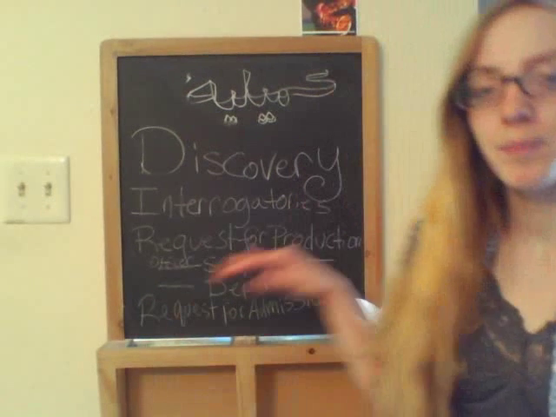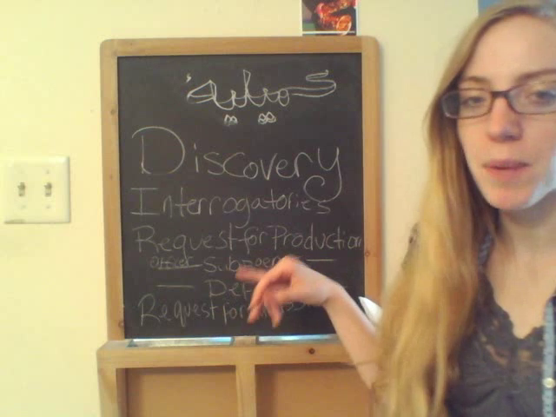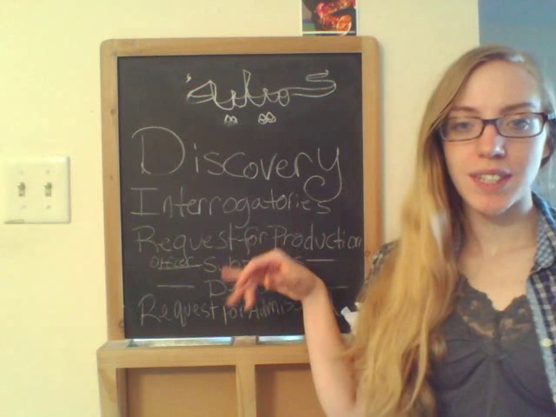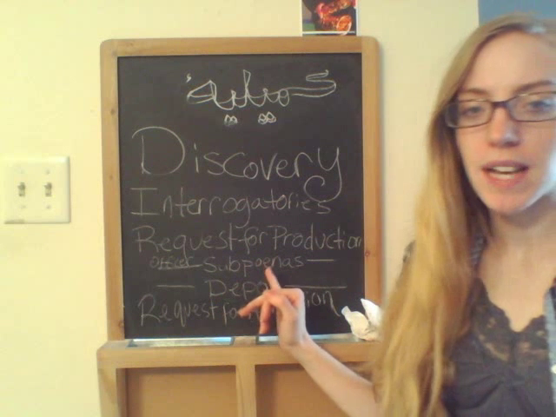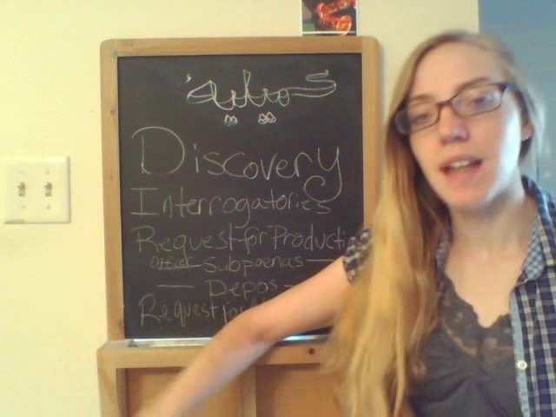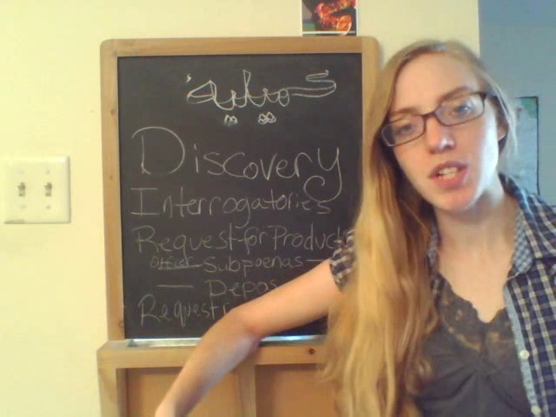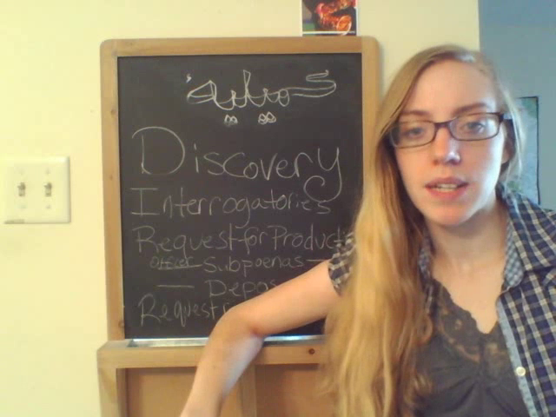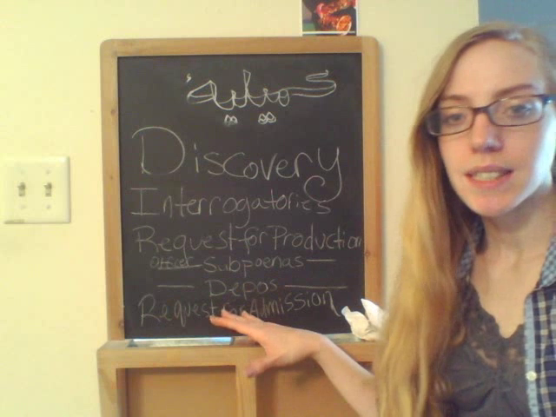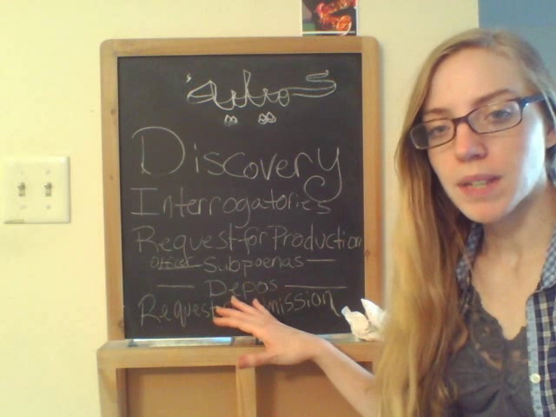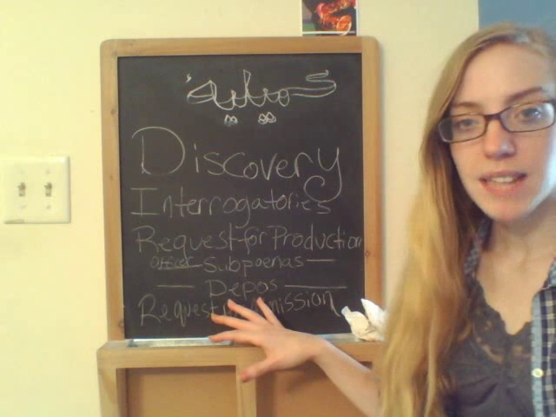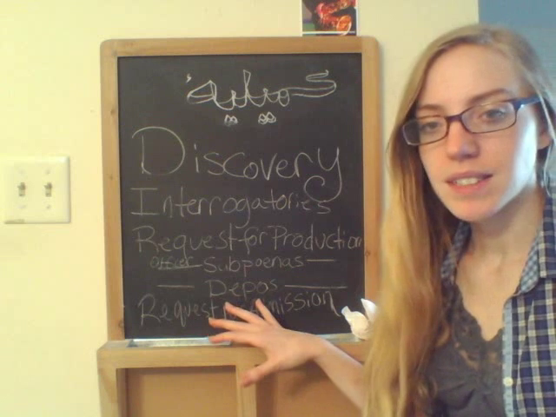And then, of course, request for production, where I believe a lot of the money is spent in discovery, whether through a subpoena duces tecum, or a subpoena where we're sending out a request for information from parties and non-parties, and of course expert witnesses and things like that. Depositions is where we come in and ask people information, if you need to depose a client, to ask them a series of questions to gain information for the case.